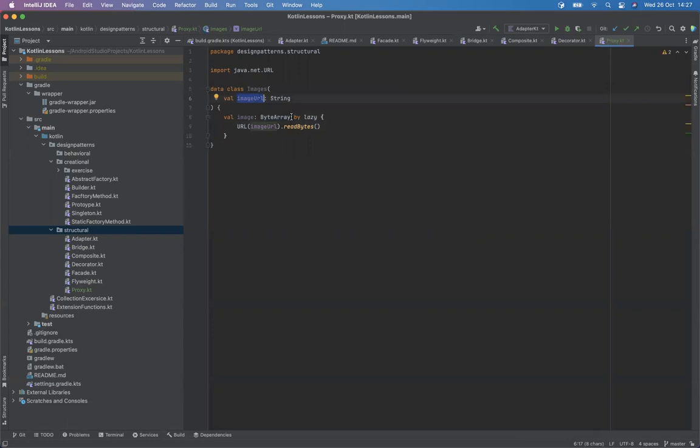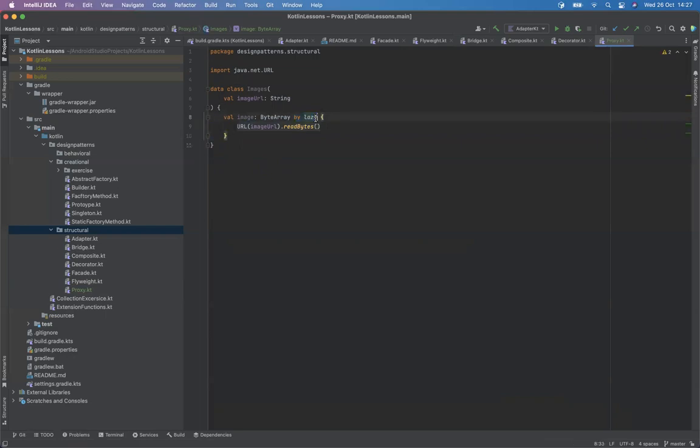So the by lazy, what it is doing is creating the image URL. It is actually making a client request here, an HTTP request, because this is a URL. Imagine that's actually making a Retrofit call and all that, right? For this given URL, it will call the network and read the bytes. That's what the image is now. But because this is behind the by lazy, the next time you call this, it's going to just return the image rather than going into the body of this block,